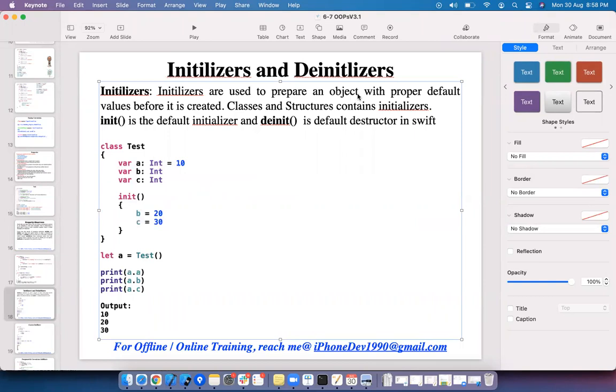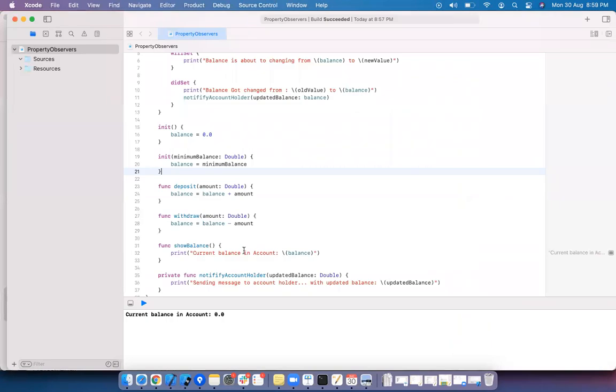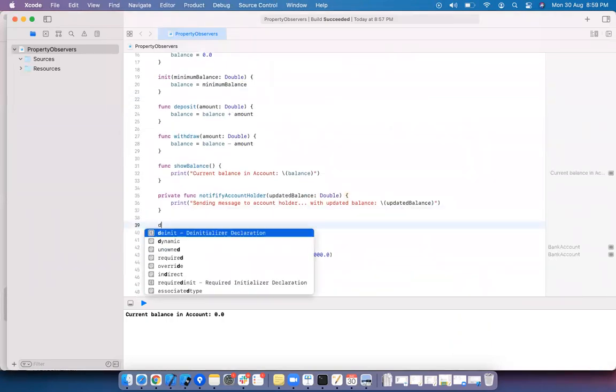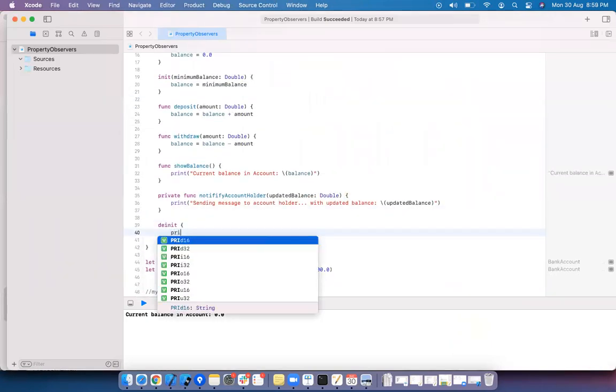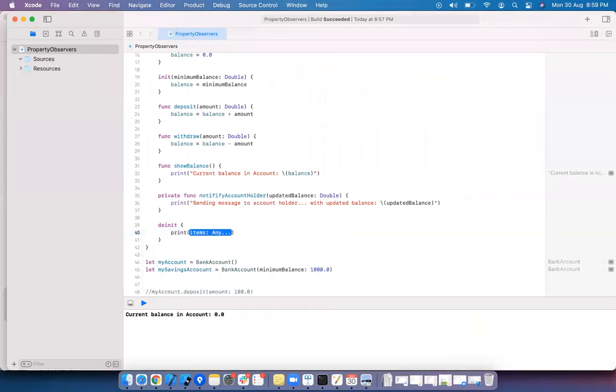Initializers are used to prepare an object with proper default values before it is created. Classes and structures contain initializers. Init is the default initializer and deinit is the default destructor. Let me write the deinit method.